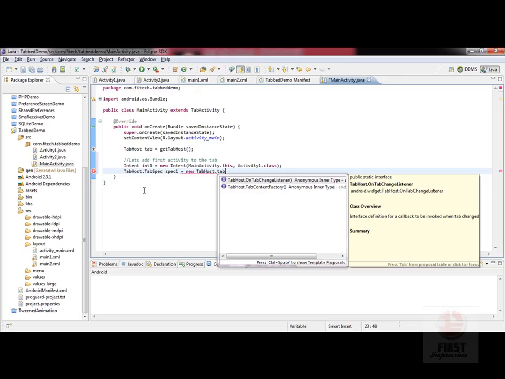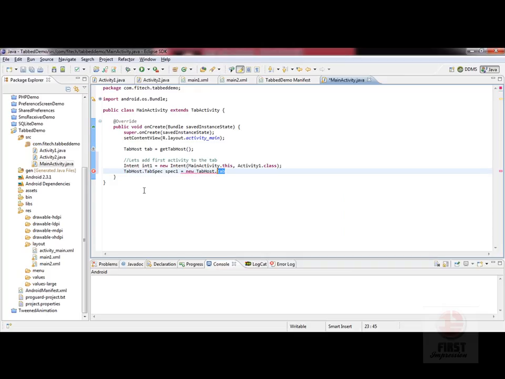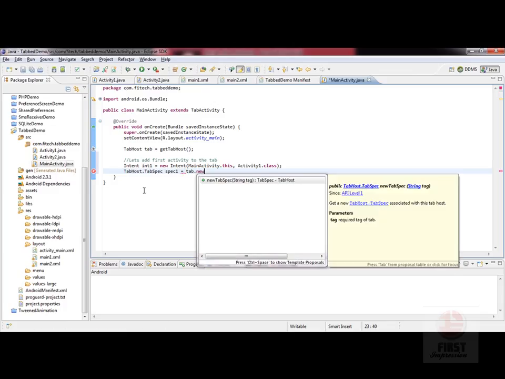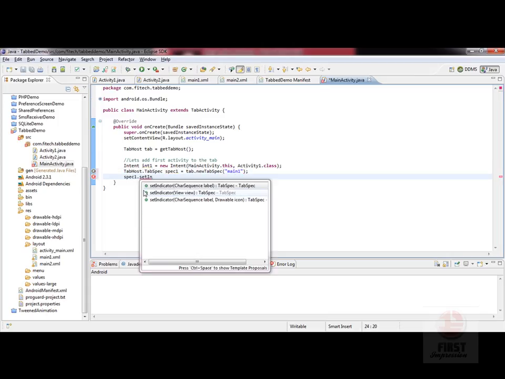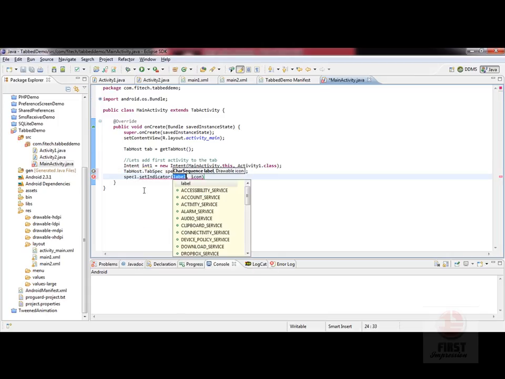We have to say over here tab dot new tab spec to give the tag of this. So I'll just give it as main1. Then we have to say spec1 dot set indicator. The indicator will be a char sequence that should be a title that we want over there. So let me give over here activity